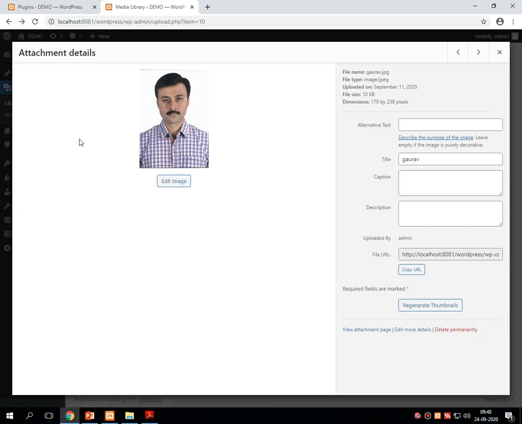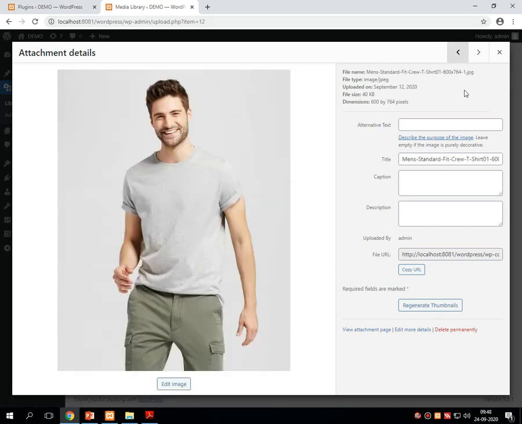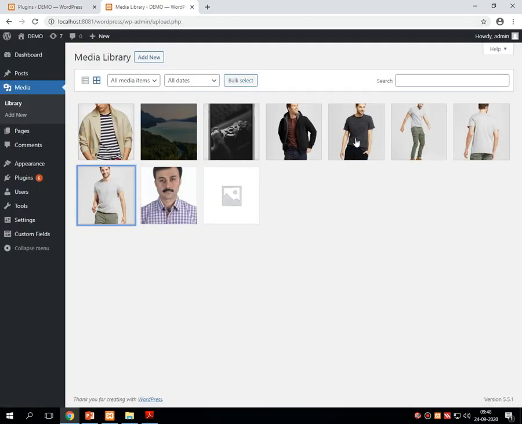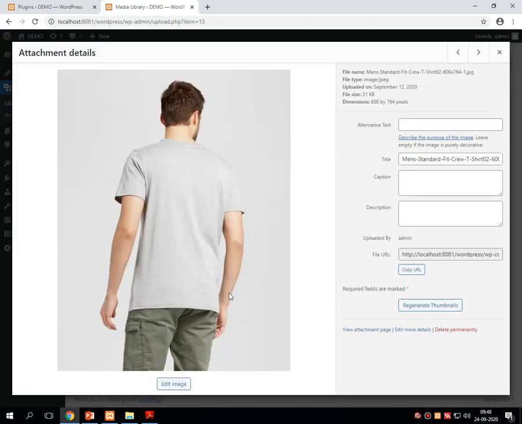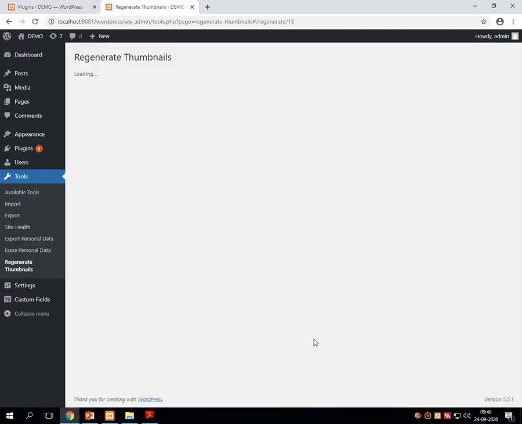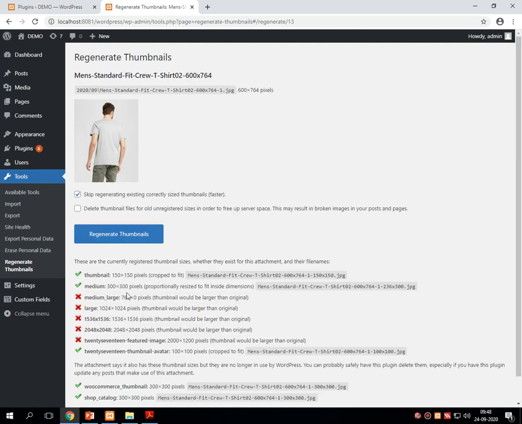You can even select another option. So let me go back and select this option, Regenerate Thumbnails. It creates two different sizes, 150 by 150 and 300 by 300.